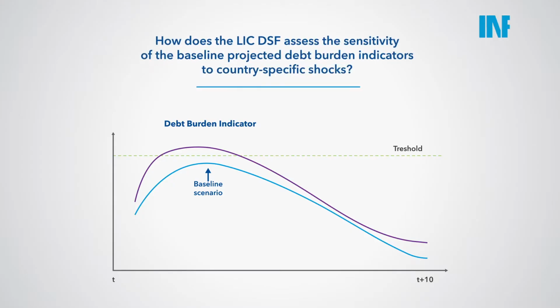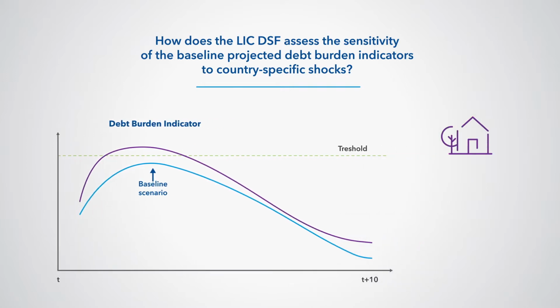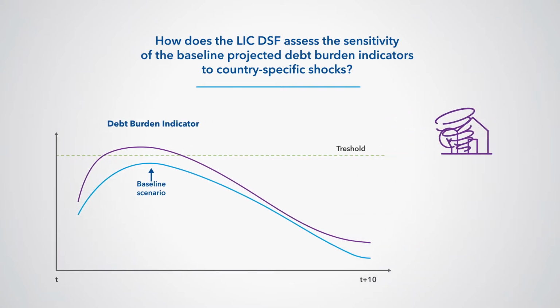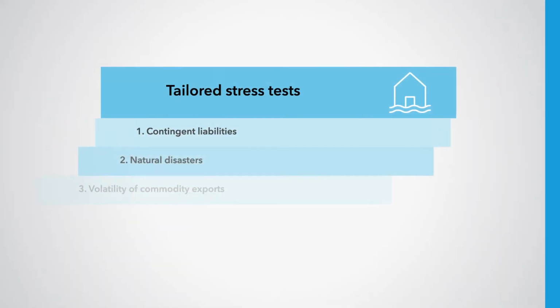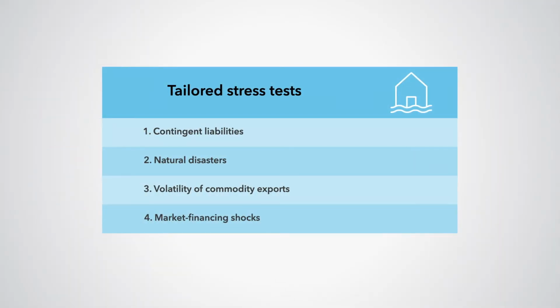How does the LIC DSF assess the sensitivity of the baseline projected debt burden indicators to country-specific shocks? For example, if a country is hit by a natural disaster or by a commodity price shock, will those events endanger debt sustainability? To answer those questions, we need to understand the four scenarios that are tailored to country-specific circumstances